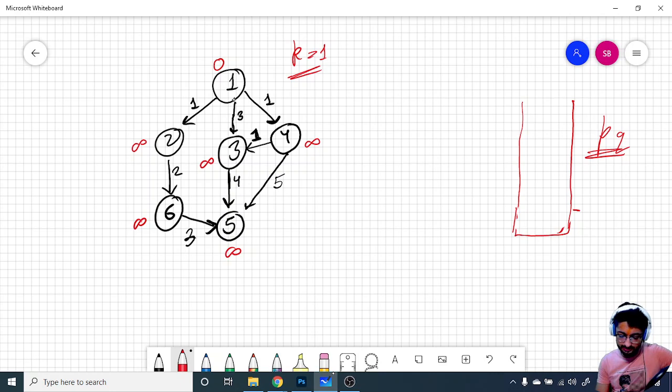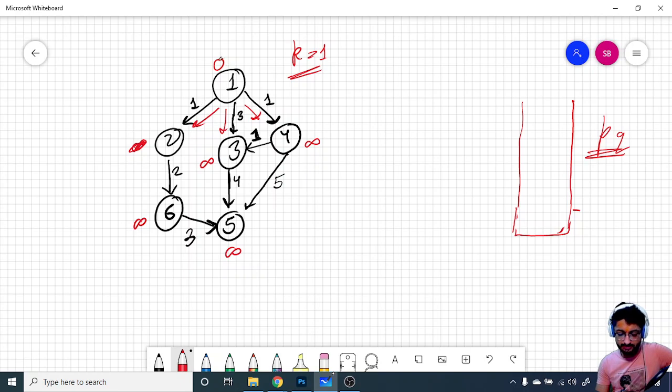So it is connected to this, this and this. Now what you can see here is that because this is the smallest one, we'll take that first. The distance stored here is infinity, which means that the distance from this to this is infinity. But if we take this path, it will only take 0 plus 1, because the time it takes to reach this node is 0, and plus 1 because we are going through this route.